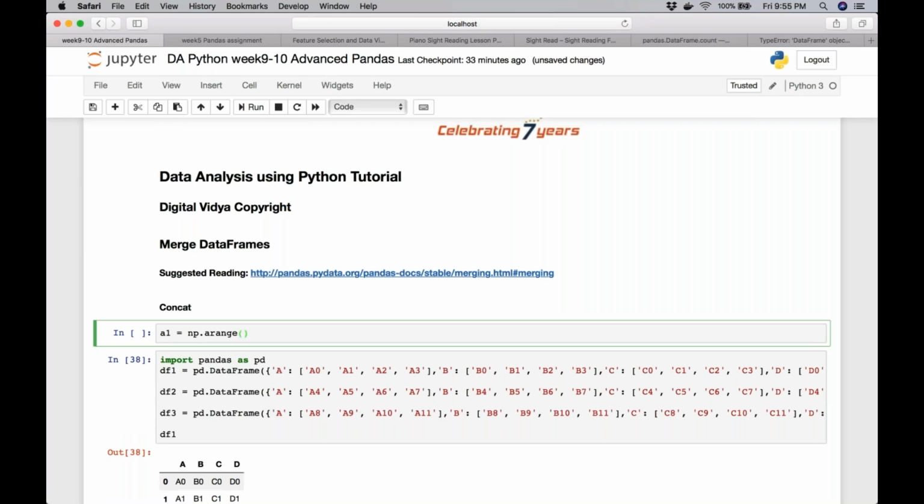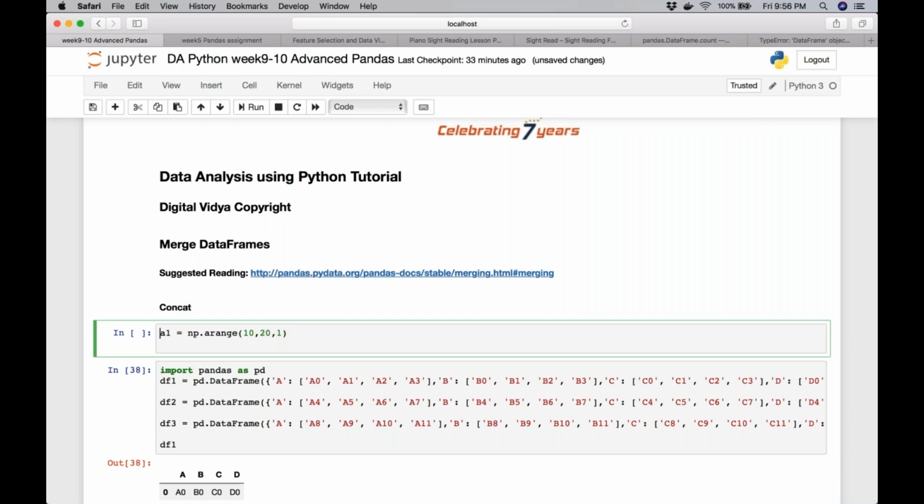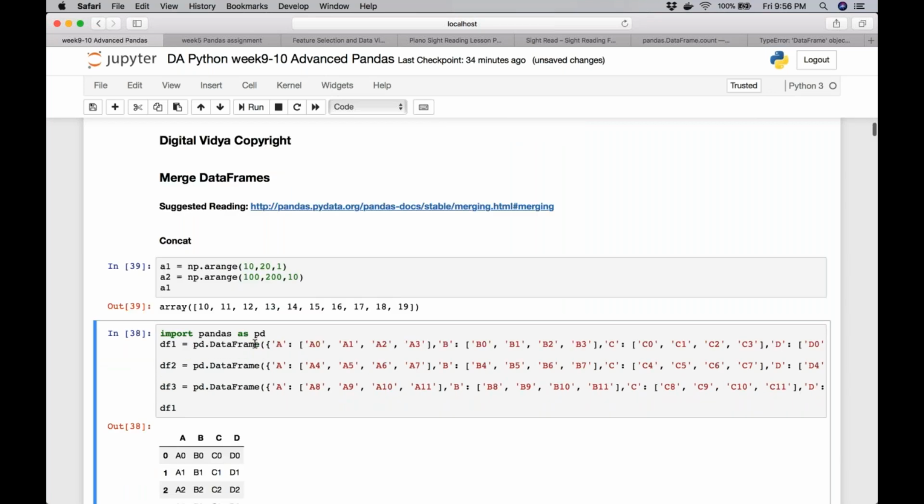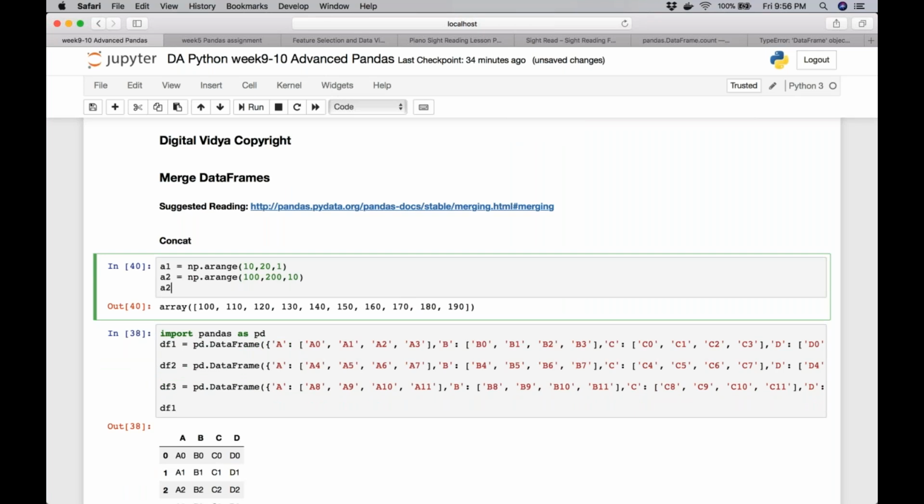Yes, so either you concatenate, or... so I have A1 and I have A2. If I want to combine the elements, one on top of the other, what would I do?